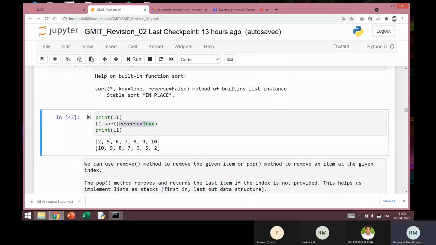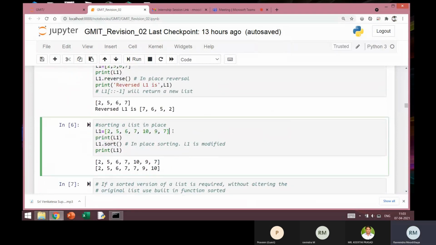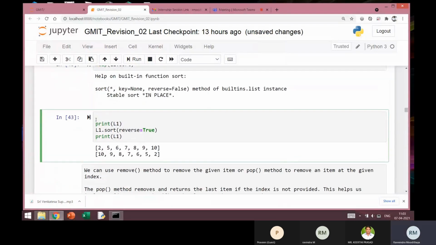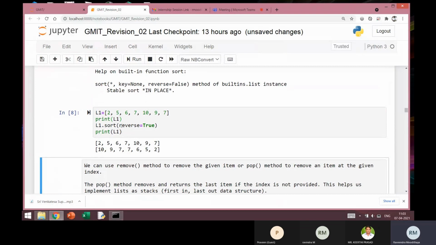Print L1. L1, I think we had defined it earlier. Let me just make it specific here. Okay, so this is our L1. If we want to sort this in the reverse order, that is in the descending order, then I can give this parameter reverse equal to true.